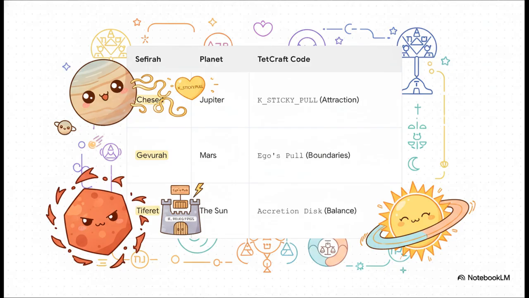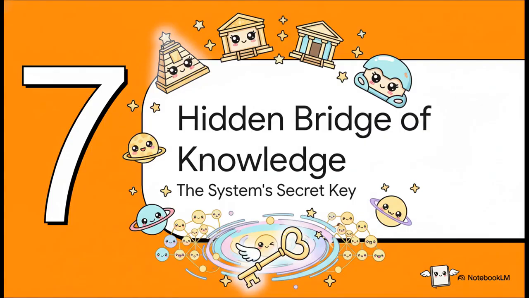In Kabbalah, the Sephirot, these divine emanations, each have planetary associations, and those associations map directly to physics constants in the code. So Chesed, which represents kindness and is linked to Jupiter, is literally the K sticky pull constant. Gevura, which represents severity and is linked to Mars, is the ego's pull that creates boundaries and separation. It's an ancient astrological model running as a modern physics engine. It's incredible. So we have the four temples, taking us from a single point of data all the way out